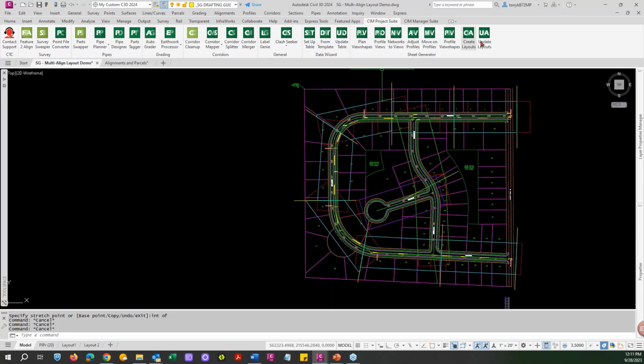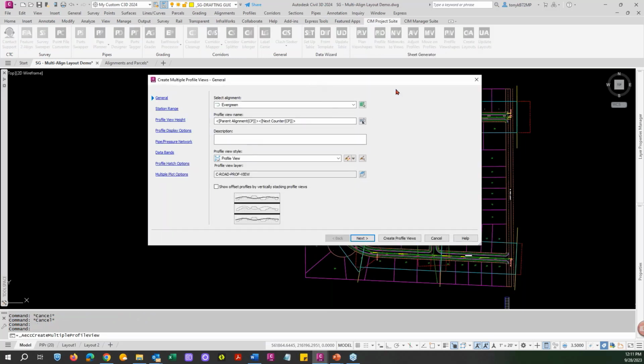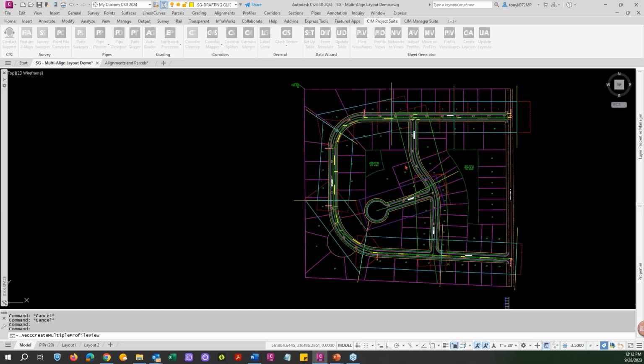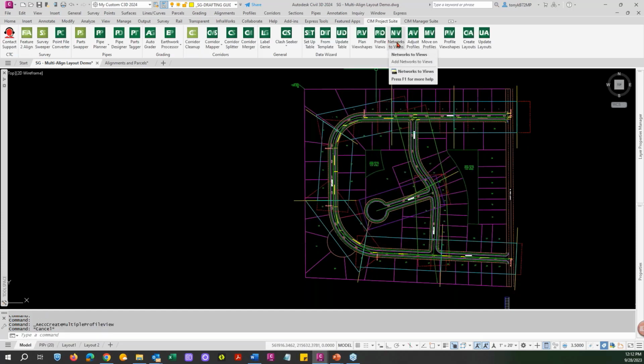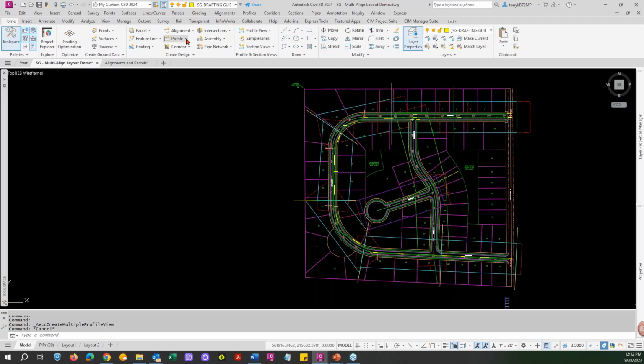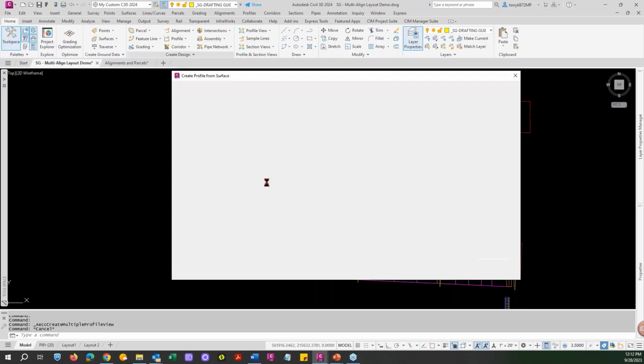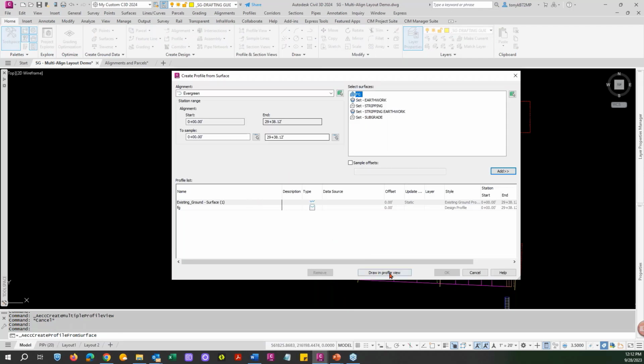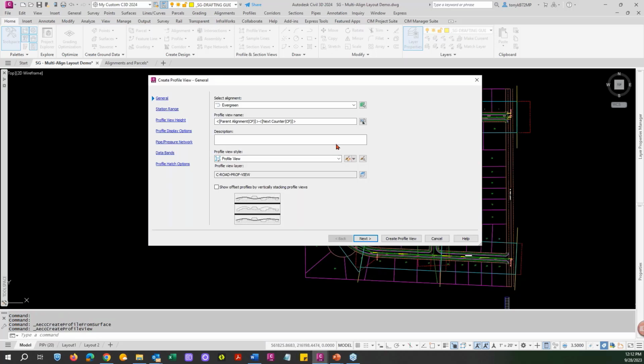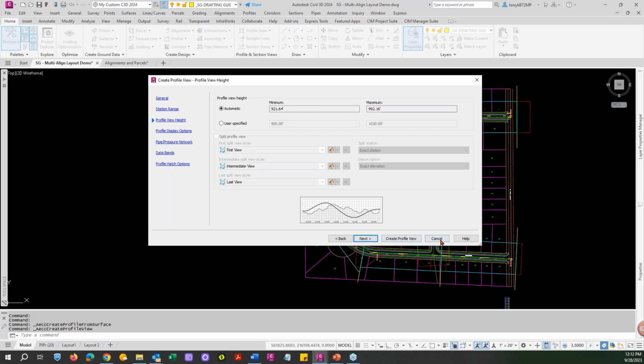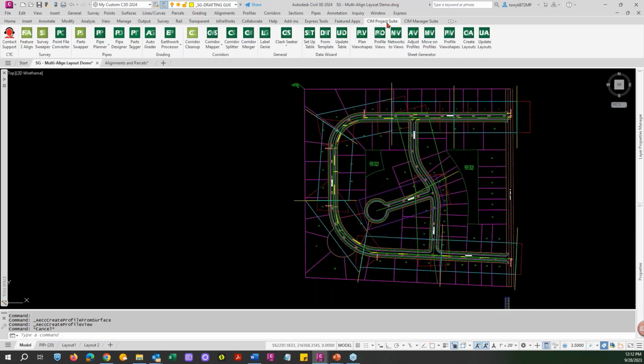So we'll create these, they go along sequentially here. So the first thing we come to is our profile views. So we want to create our profile views. And this is just drawing straight Civil 3D stuff. The reason why it's here in line here and pulls from Civil 3D is we don't have to leave Sheet Generator while we're doing this. We don't have to come back to here. We don't have to come and create profiles like this, set everything here, and then get to the draw in profile. It's the exact same dialog box that we're going to get from Sheet Generator. So I'm going to cancel out of that and go back to